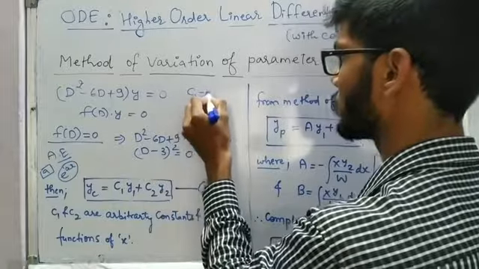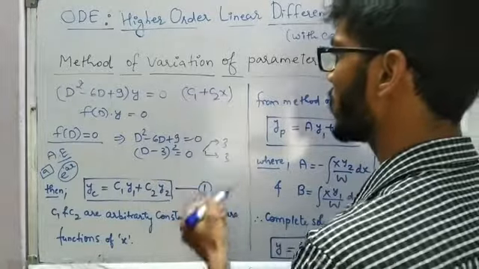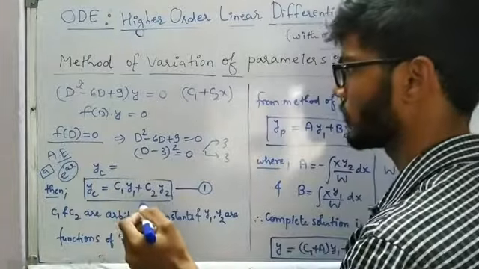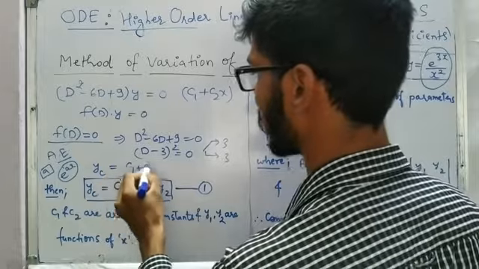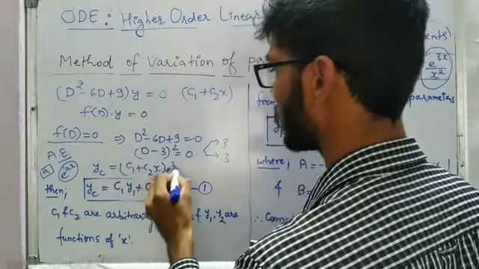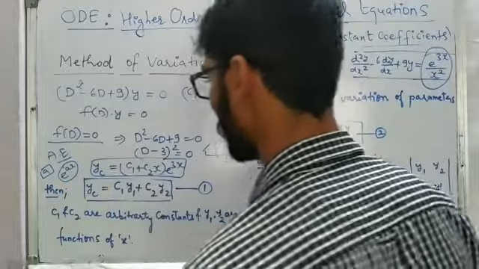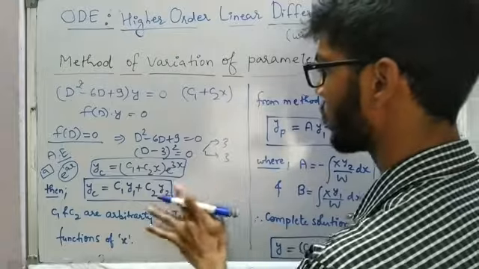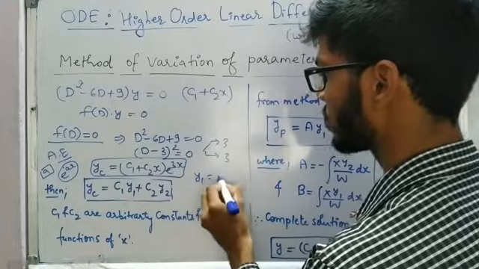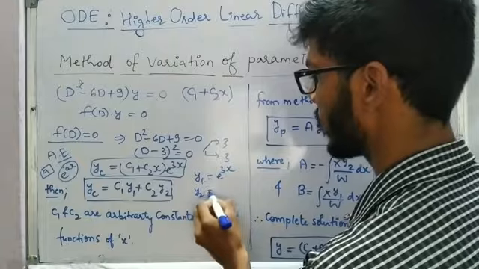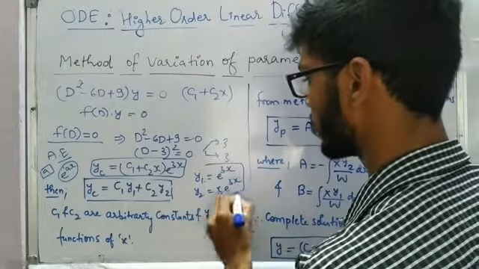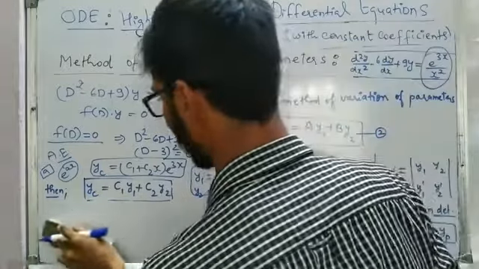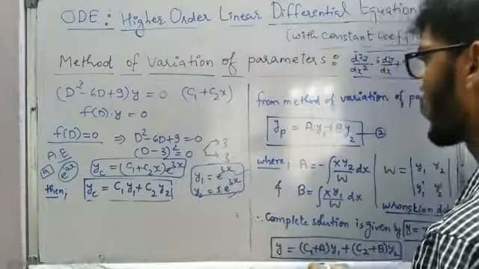In the case of repeated roots, I said that we are going to write the terms like c1 plus c2x. So the complementary function, or the general solution of the homogeneous linear differential equation, we are going to write as c1 plus c2x and e power 3x, because the roots are 3 and 3. So this is nothing but yc is equal to c1 y1 plus c2 y2. By comparing that, we have y1 as e power 3x and y2 as x e power 3x. This is as simple as that. c1 and c2 are arbitrary constants, and y1 and y2 are functions of x.